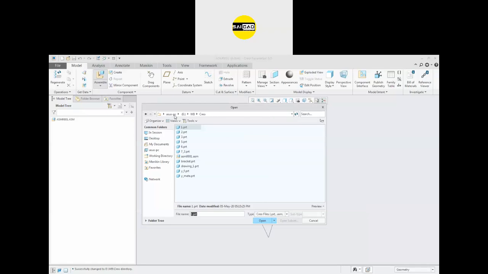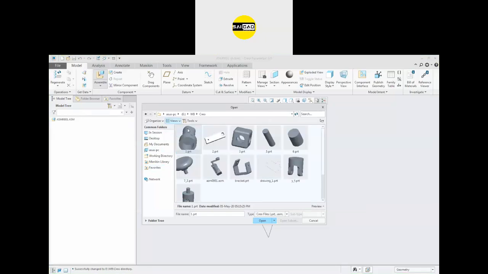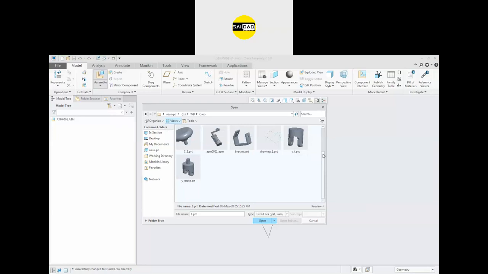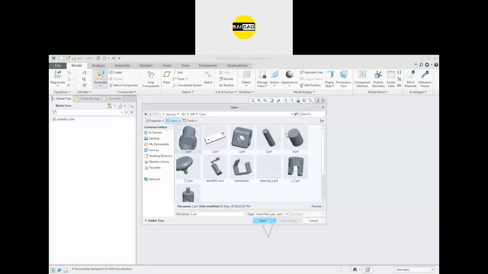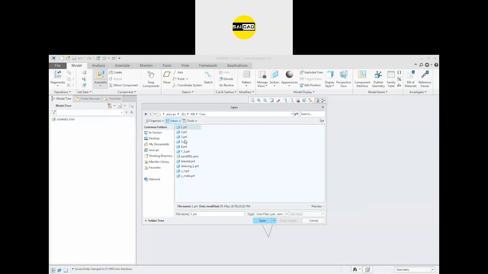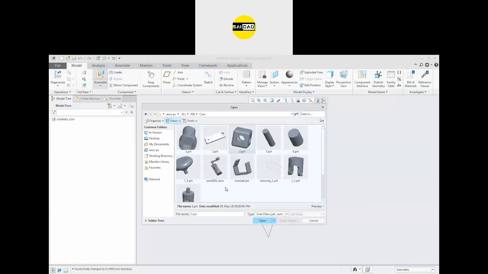To change the location view of the parts, you can just go to the views and select which type you want to see. I want to see in the thumbnail view, so select that. So you can see the preview of the parts is available now. If you don't select the thumbnail to see the preview, you just have to click here, and there is the preview. Click here, you can see the part like that. But the thumbnail view is more appropriate, so select that from here. So these are the parts I'm going to assemble.